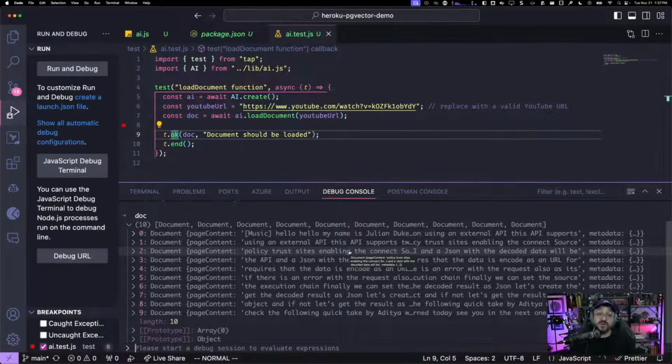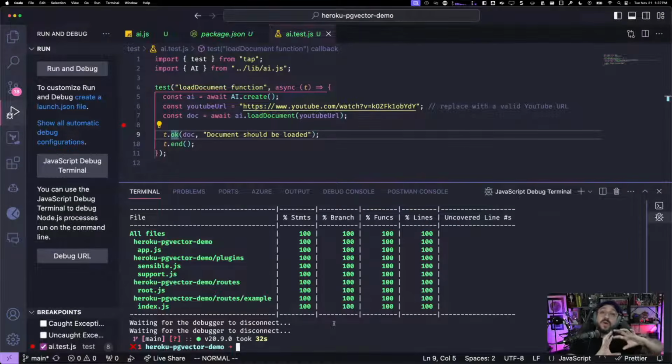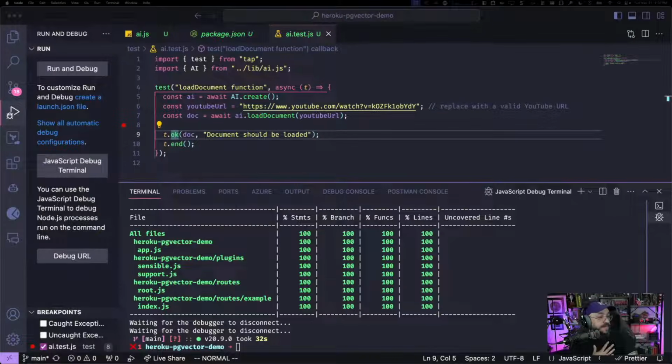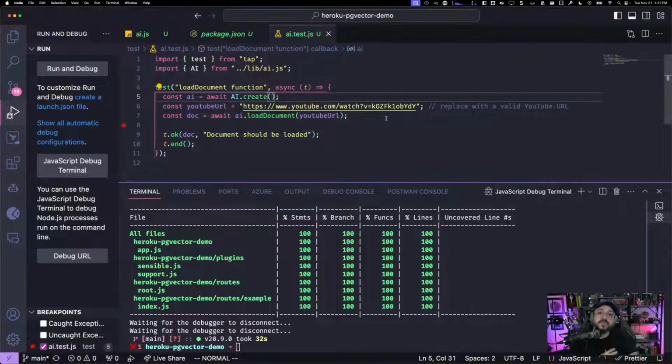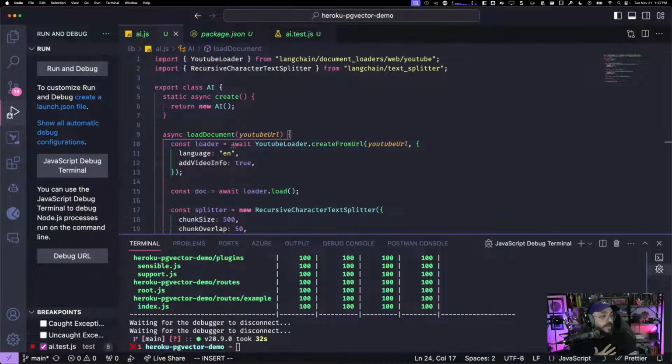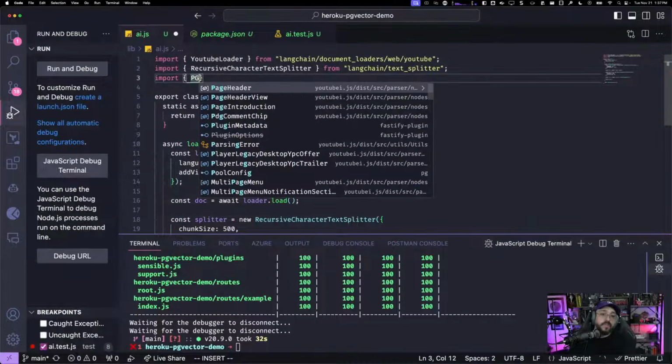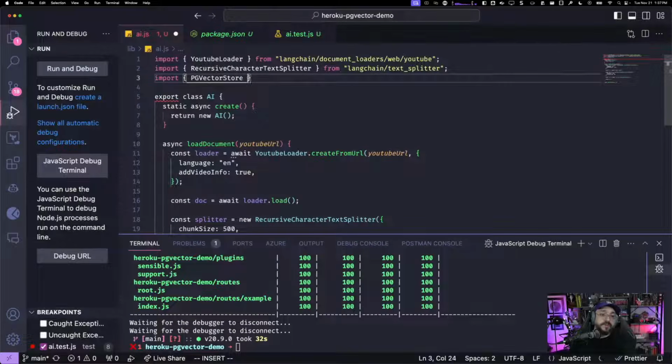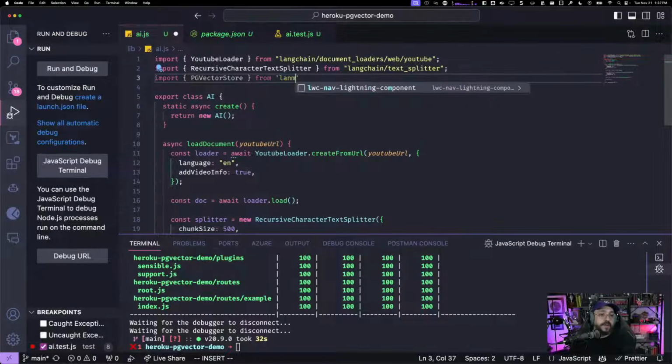But before we store those, we will need to convert this into embeddings. So now the next step is to add the documents into the PG vector store. So let's create a PG vector store. So we are going to be importing the class PG vector store from LangChain